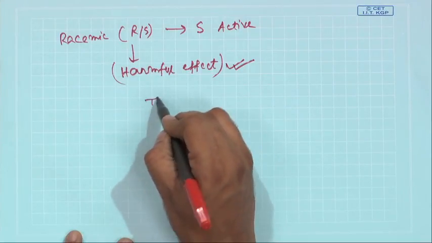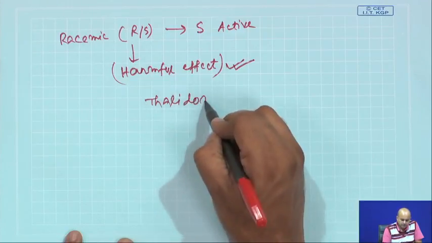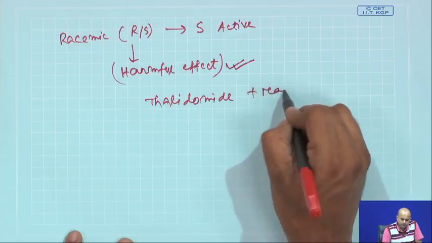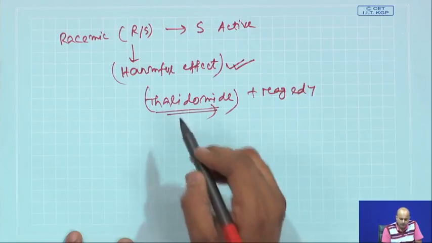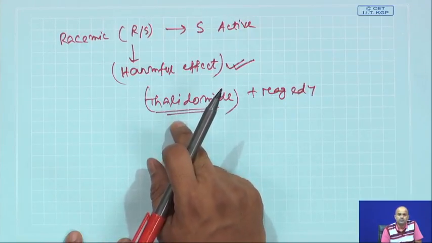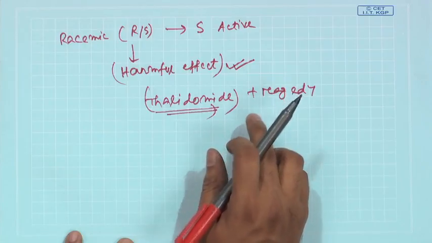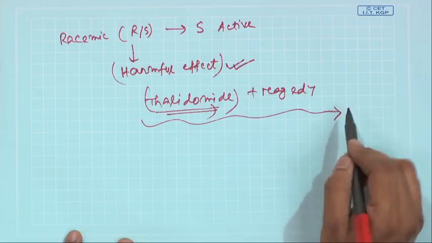There are a few cases which have already taken place in human civilization, particularly the thalidomide tragedy. We will not discuss it in detail, we are just saying that this particular compound thalidomide was given as a drug molecule. One of these enantiomers is the active component, and the remaining enantiomer was not active, and it had a harmful effect which causes severe defects in certain human bodies. So, that is why later on all the drug related companies have clearly instructed that whenever you are trying